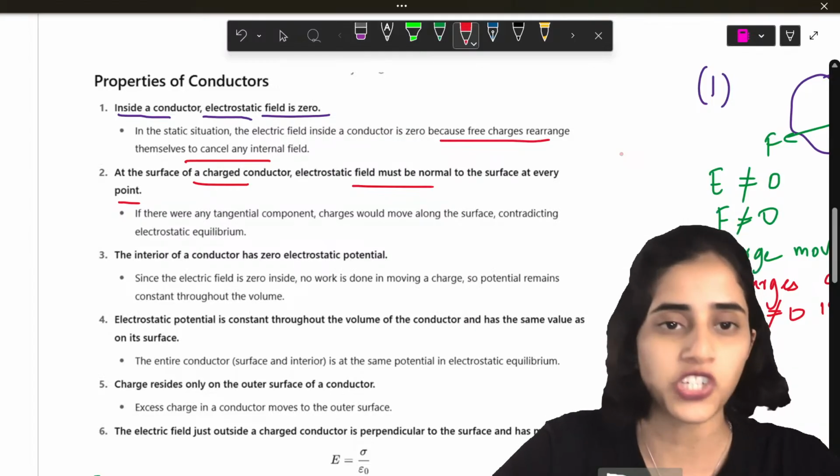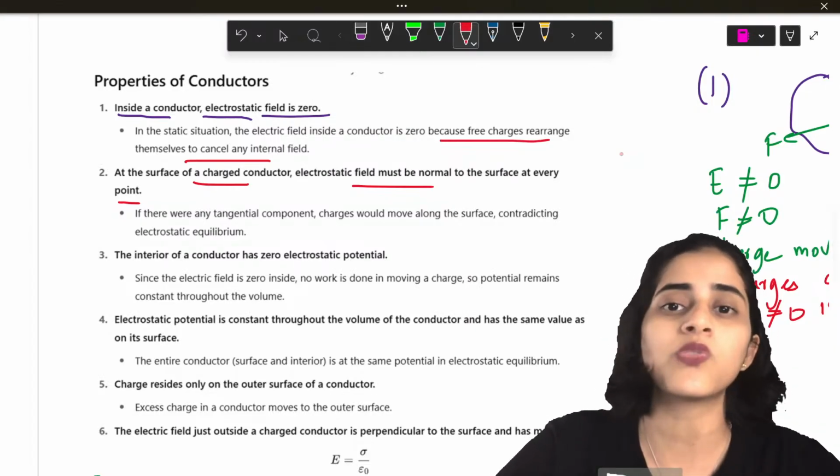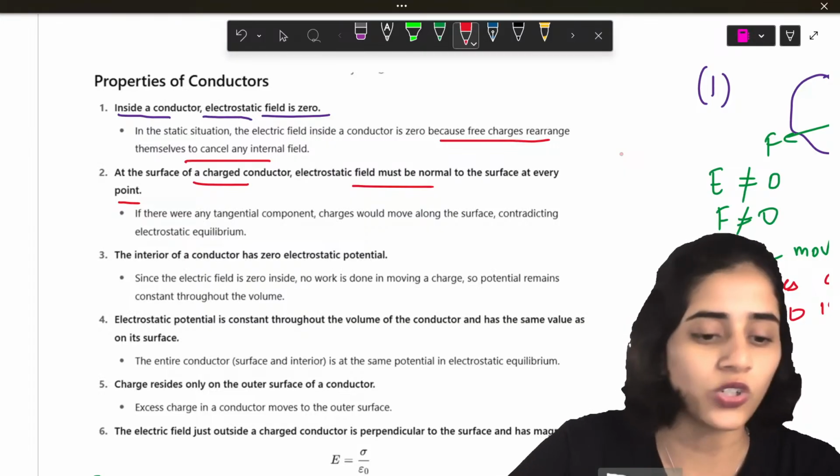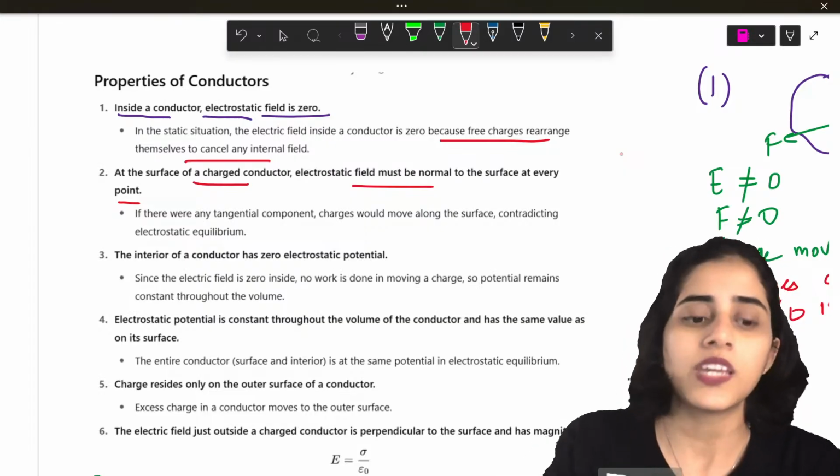At the surface of a charged conductor, the electrostatic field must always be normal. Now, if